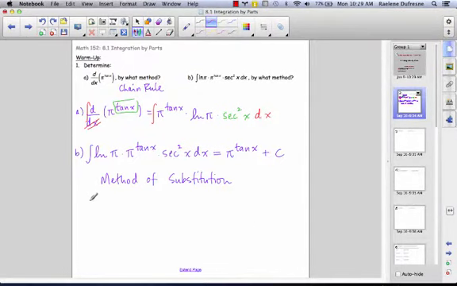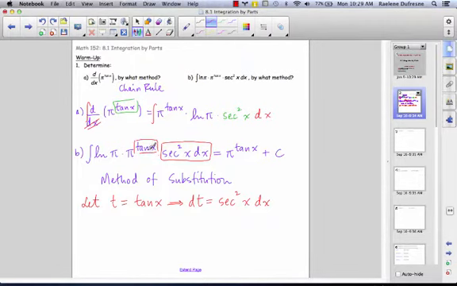So with our method of substitution, we are going to let t be the inner function of tan x. And from here we can see that dt is going to equal secant squared x dx. Well, we have secant squared x dx showing up here, which will represent dt, and we have tangent of x being replaced with t. So therefore we would have the integral of ln of pi times pi to the tan x secant squared x dx would equal the integral of the ln of pi times pi to the exponent of t